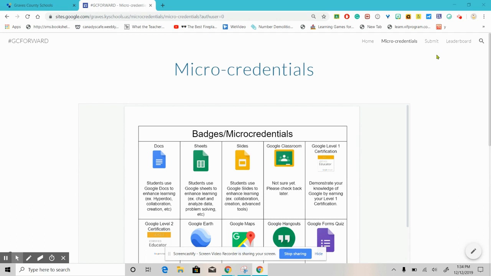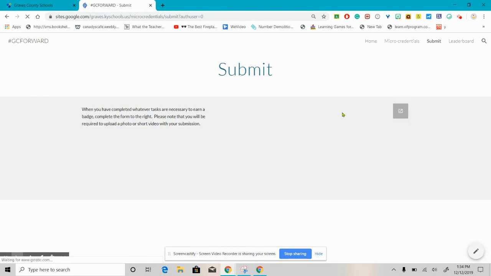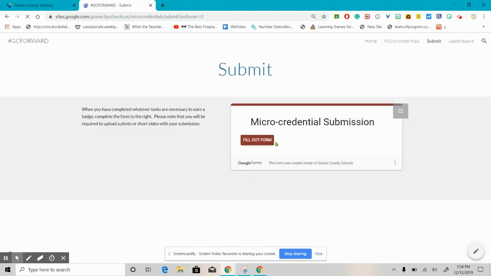Now I'm going to walk you through how to submit your information to earn a badge. So you're going to click on the submit page on the website, and it's going to take you to an embedded form. And so you're just going to fill out the form, and I'll do one with you now so you can see how easy it is. So click fill out the form,